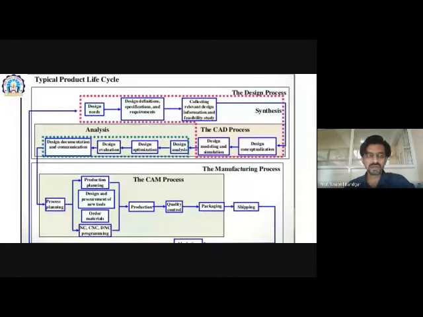Okay. So we are mechanical engineers. In mechanical engineering, any product is developed, or whatever the processes are, these are mainly divided into two parts. One is the design process, second is the CAM process. These are the two main things that are performed in any manufacturing industry or in a mechanical industry. So from where does this cycle start? Because it is a cycle, it is in a closed loop.